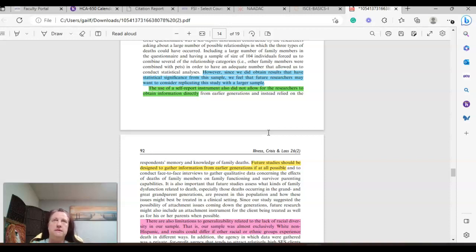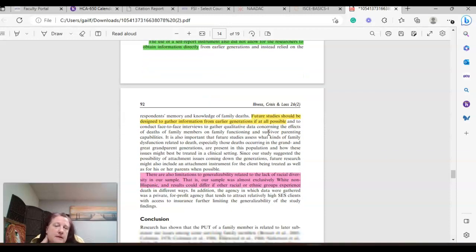researchers to get the information themselves. It was like a paper survey. Sometimes in research studies, you actually train people to interview these people. So they are the ones actually filling out the answers, and they may ask additional questions, clarifying questions. But in this, they just had a survey so people could skip questions if they wanted to. Maybe they didn't understand the question. Maybe the language in it they didn't understand. The words were not at their reading level or something. And so with an interviewer actually being there, you can work through some of that, but with a paper instrument,